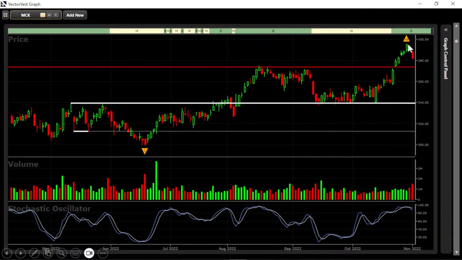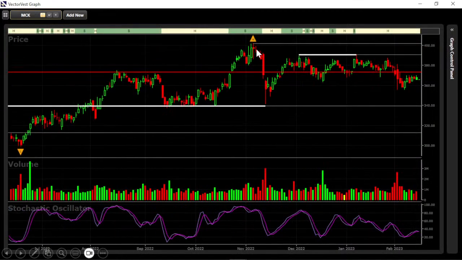So what I would love to see is price to pull back and settle back into this support level and retrace from it before I would consider buying it back. Let's see what happened. Right here is what was the hard right edge. So the stock price pulled back a little bit. It did confirm the one black crow, went up for a couple of days after that, but look what happened.